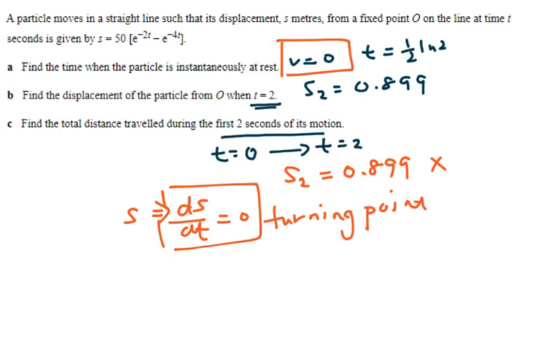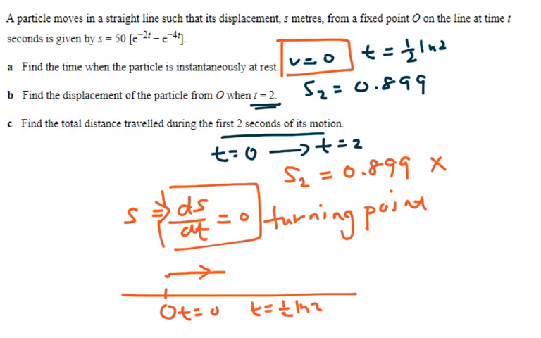It can be that this object started its journey from O when t is equivalent to 0, and then it moved to the right or to the left, we're not sure, probably to the right, and then at t equals 1 over 2 ln 2,